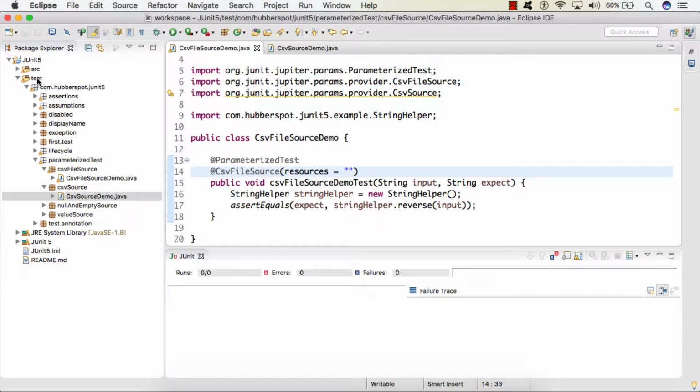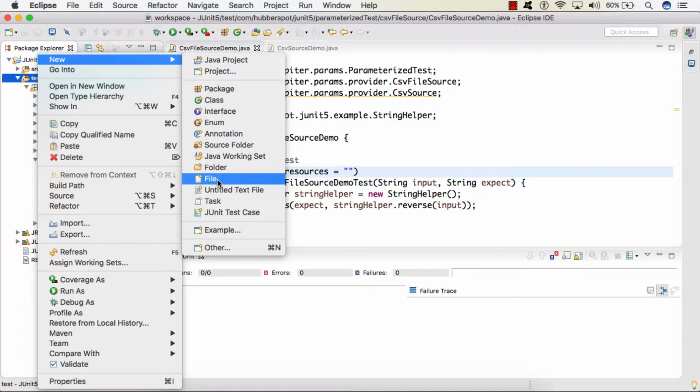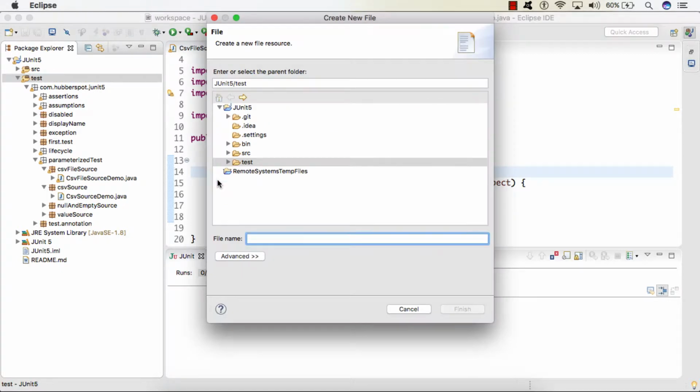So let's say in our test folder I create a CSV file. Here I give a name to this CSV file, let's say reverse.csv. We'll click finish.